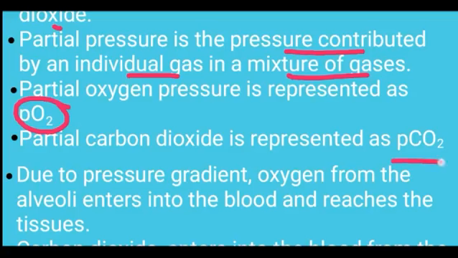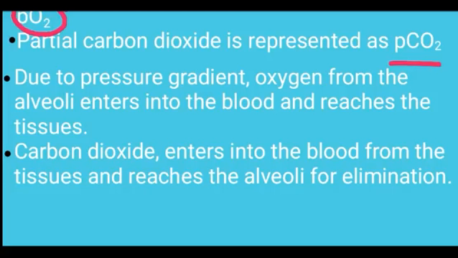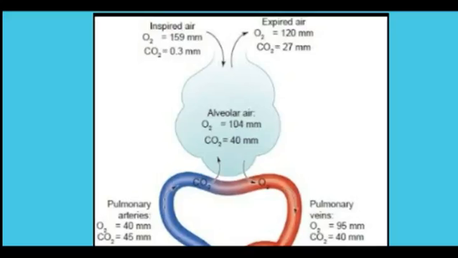represented as PCO2. Due to this pressure gradient, oxygen from the alveoli enters into the blood and reaches the tissues, and carbon dioxide enters into the blood from the tissue and reaches the alveoli for elimination. See this picture? So this is an alveoli. So in the case of alveoli,